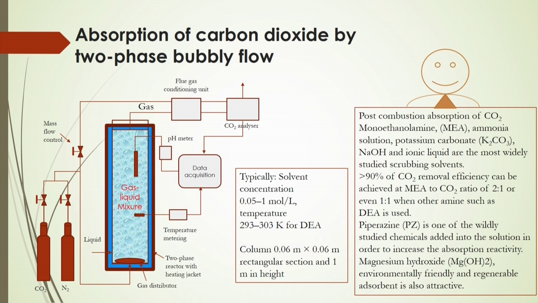So, what you have to do is analyze how much carbon dioxide is being absorbed. That is done by the carbon dioxide gas analyzer by mass balance, and you can also analyze the liquid sample to measure how much carbon dioxide is dissolved in the liquid. Other parameters include the flow rate of the carbon dioxide gas. If you change the gas flow rate, you will see the gas hold up is more, and